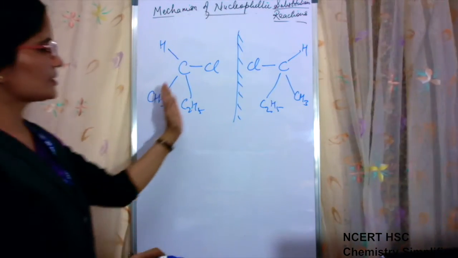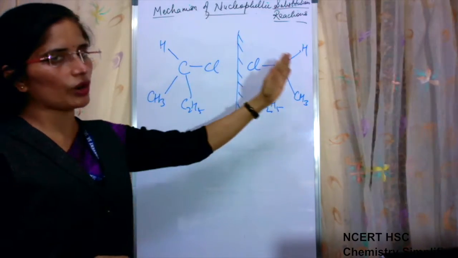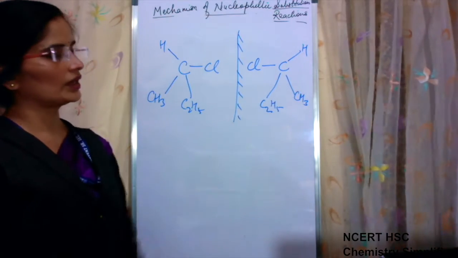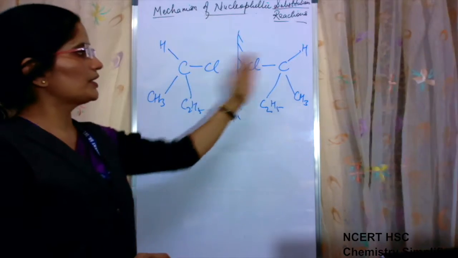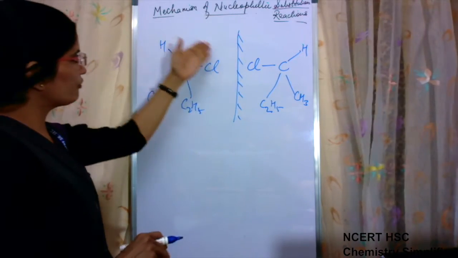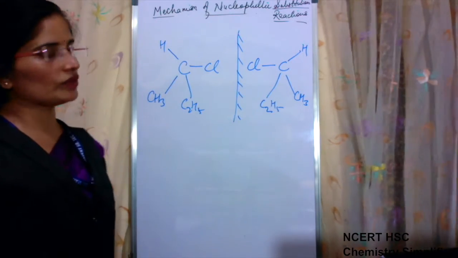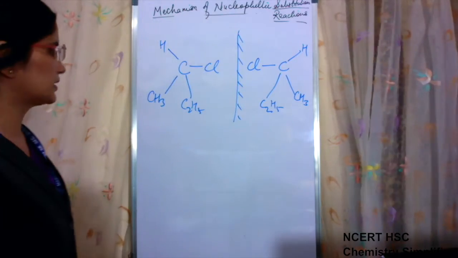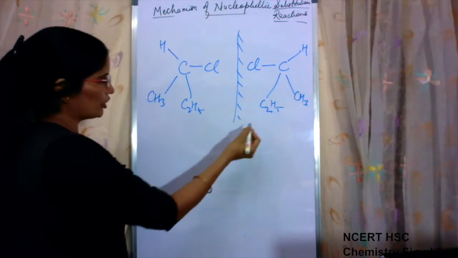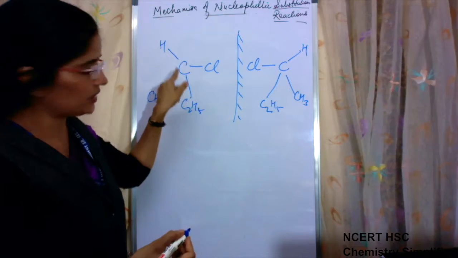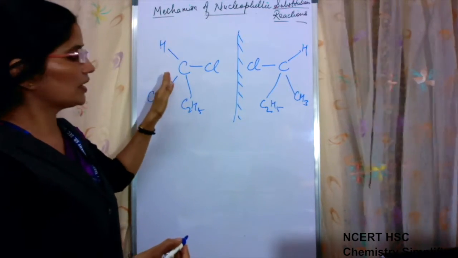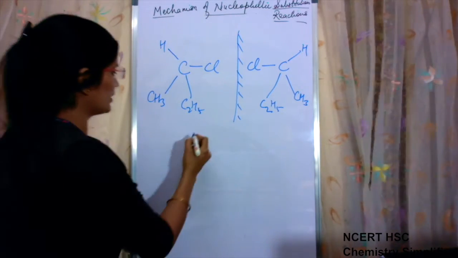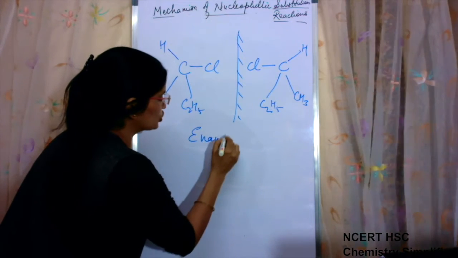Okay, this is the mirror image, and this molecule will not be superimposed on this molecule, which is the mirror image of the same molecule. All 4 bonds are the same, but the position of the bonds in the image is different. Such a pair of molecules which are chiral and non-superimposable mirror images are known as enantiomers.